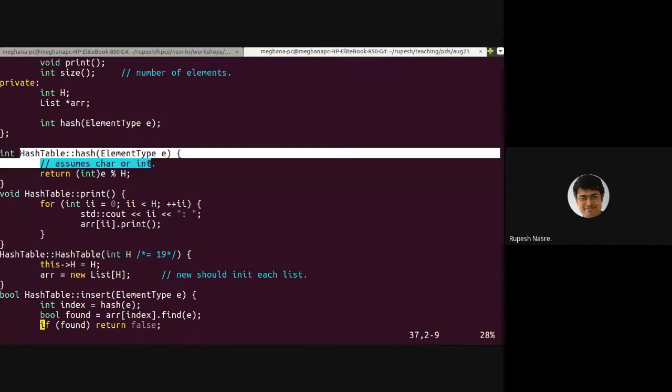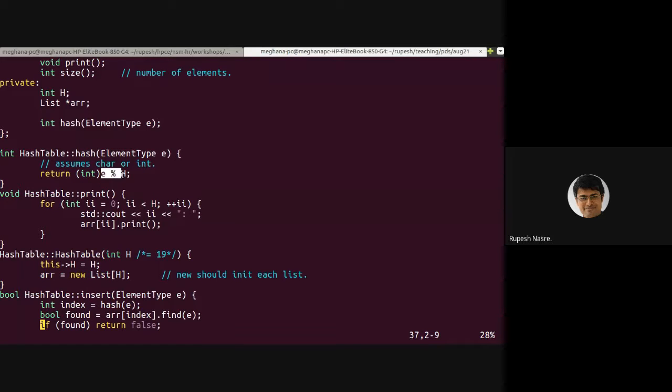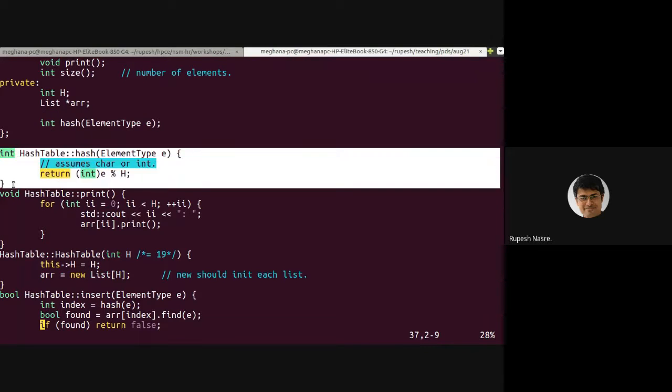The hash function is rather simple. It's just using a mod as the hash function type. So it just takes the integer and mods it with the value of h. So I get a value from 0 to h-1, which is 0 to 18. And I just insert it there, right? So that insertion is not part of the hash. There is only the hash function.